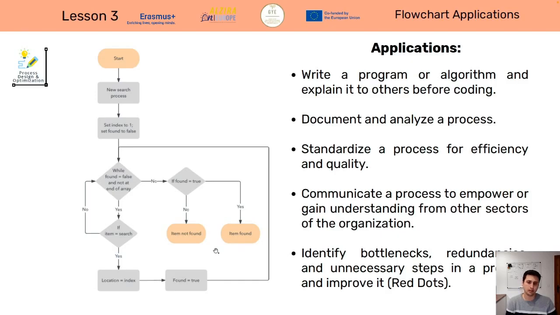And also we can identify bottlenecks, redundancies and unnecessary steps in a process in order to improve it. Here we are introducing a concept called the red dots, which are the inefficiencies. In the next slides, we will treat the red dots concept.